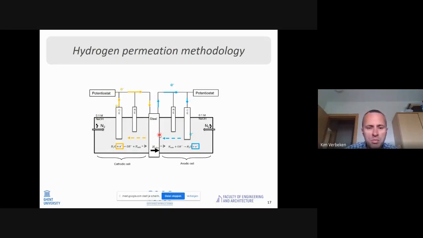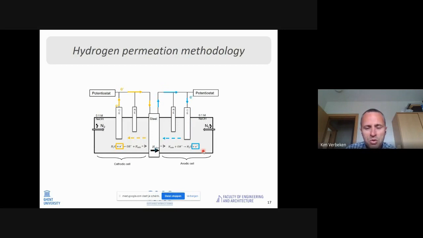At that moment, it comes into the second electrochemical cell, which is the anodic cell. So an oxidation reaction is taking place, and then you have this reaction which takes place. At that moment, you have this current and the electrons which flow over here. And this current is measured, and